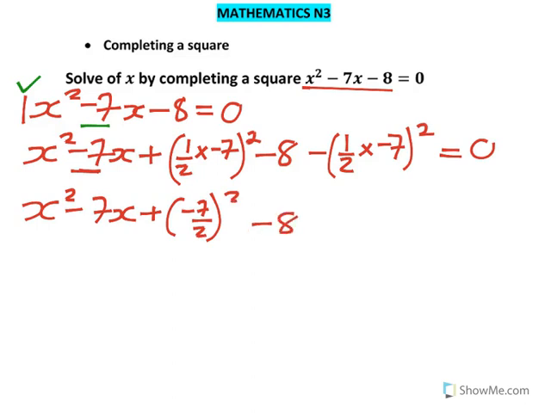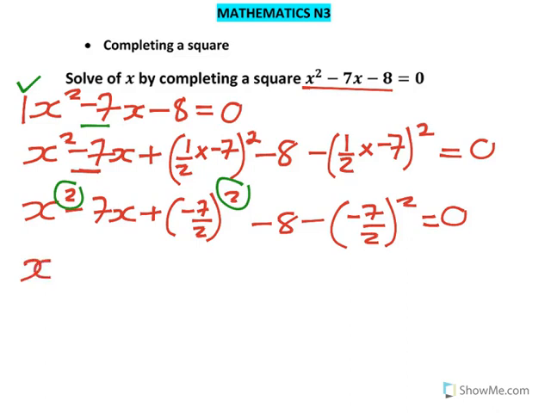Minus 8 minus 7 over 2 squared equal to 0. Remember, the aim is to solve for x. Now, when you have done that, there are your squares. Now, you write the ones with the square. So you look at x, that's the one with the square. Take with the sign minus 7 over 2. Now, the 2 will have that as a square. And then, after that,